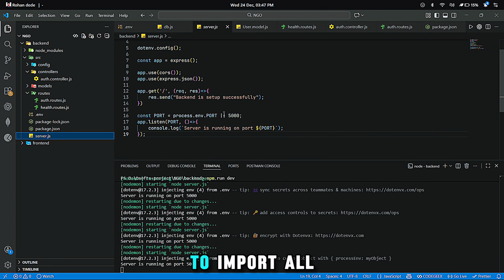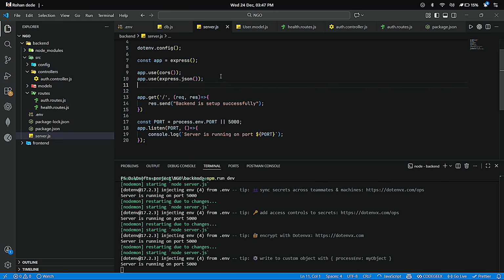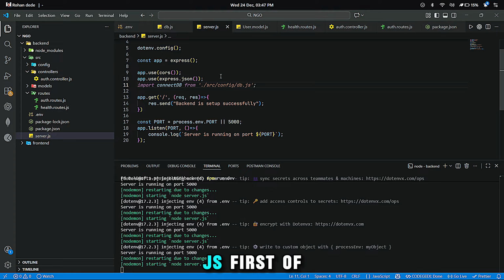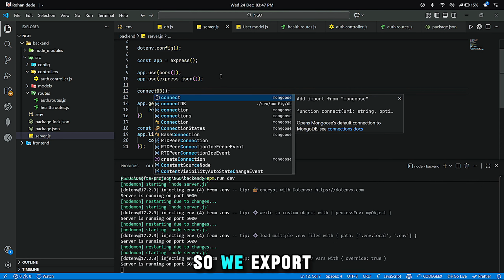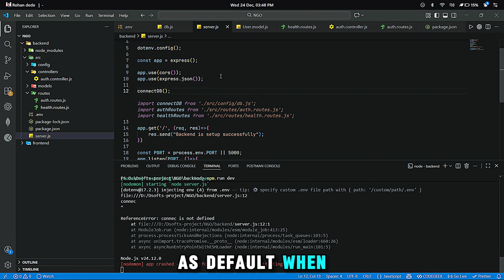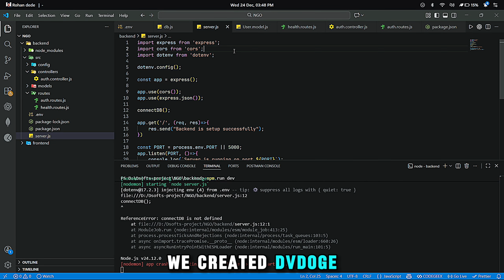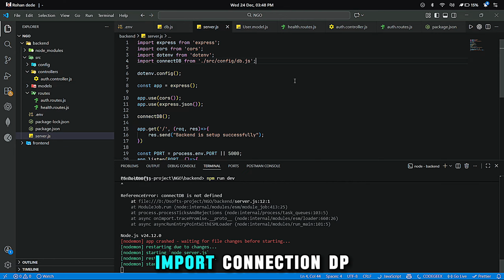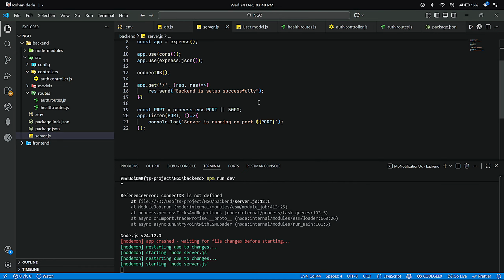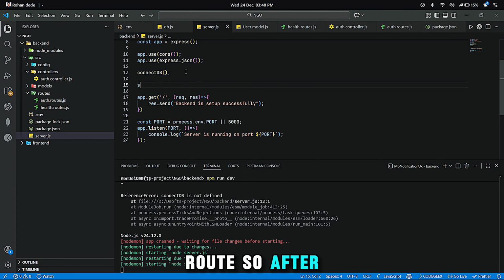Now we need to import all files and the database connection inside the main file. So in server.js, first of all, we are importing our database. We exported it as default when we created db.js, so we can directly use that function. After that, import connection db. After that, we need to import both routes, that is the health route and the auth route. So after the connection,